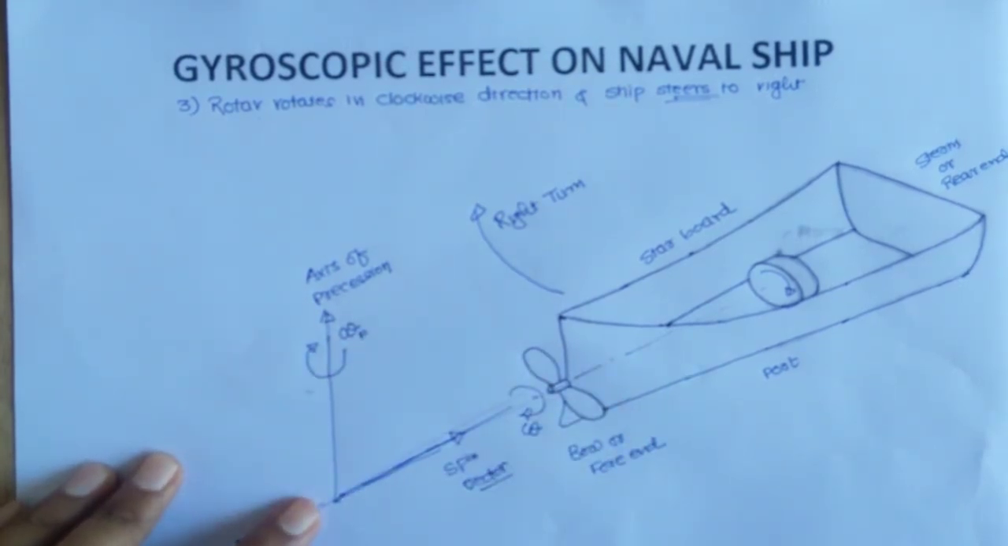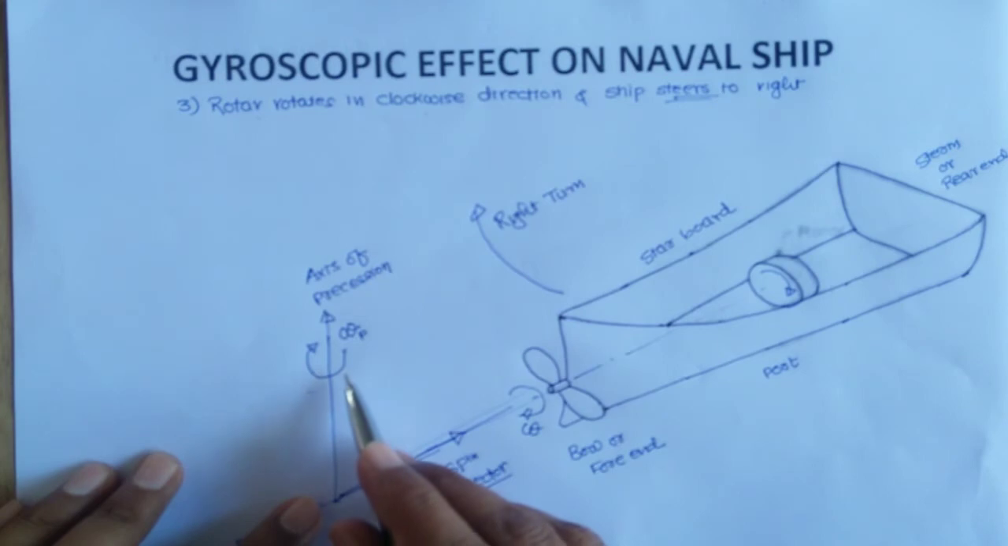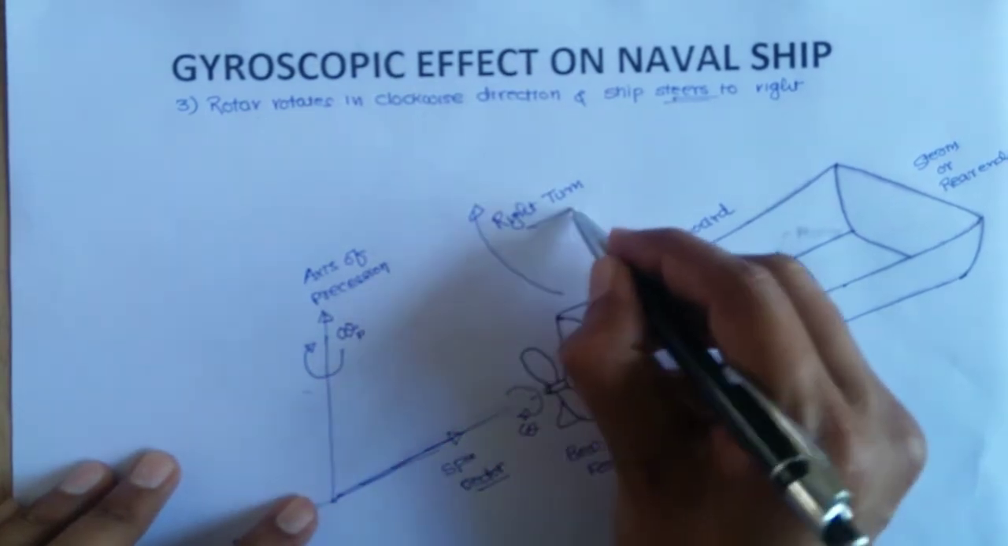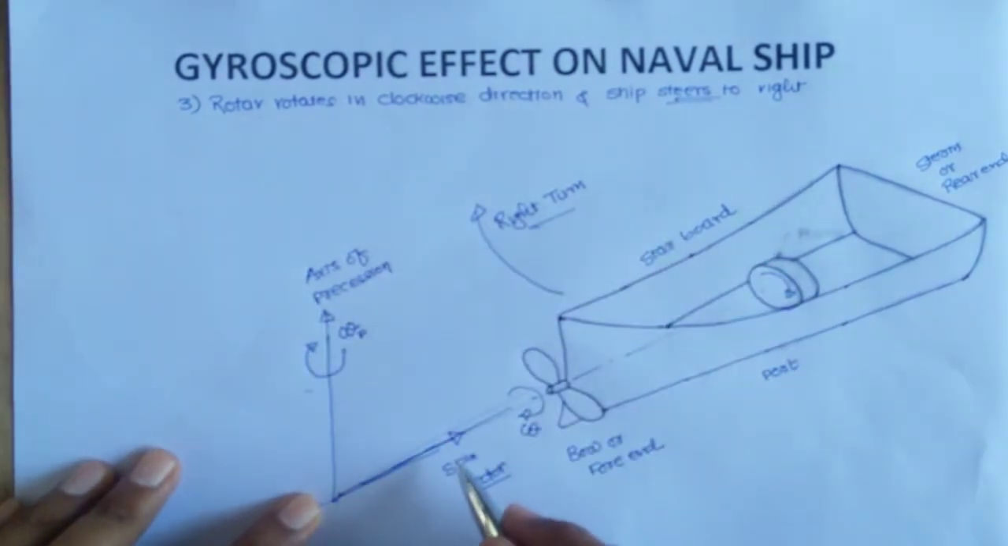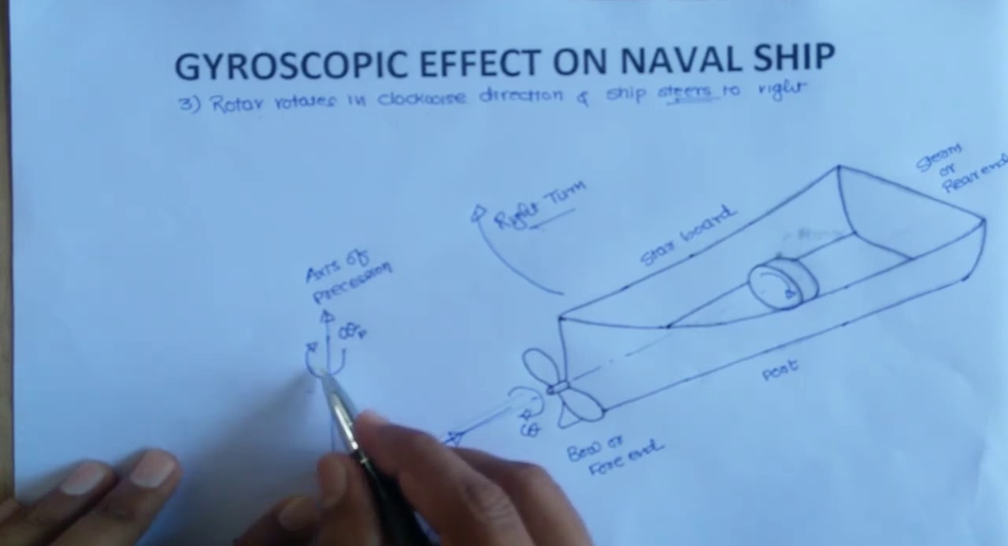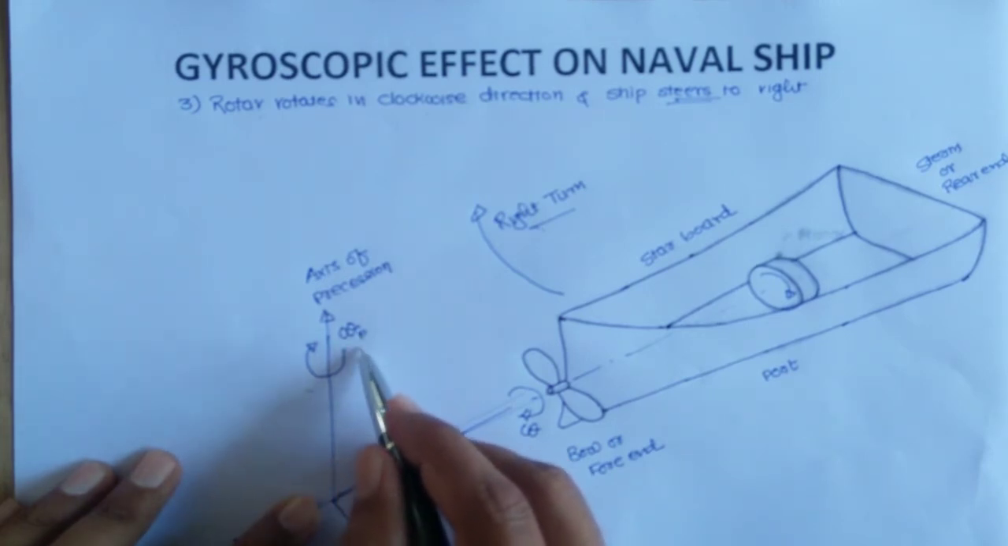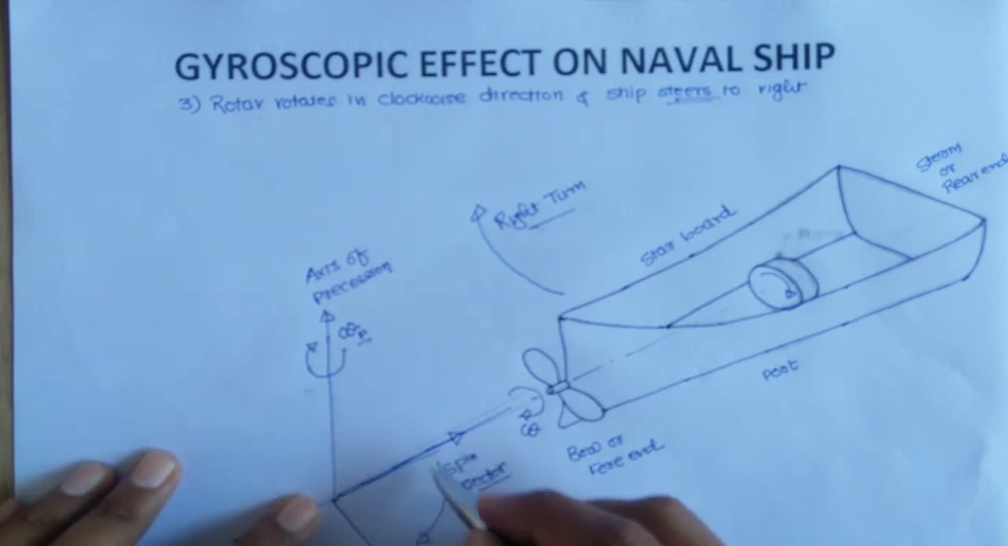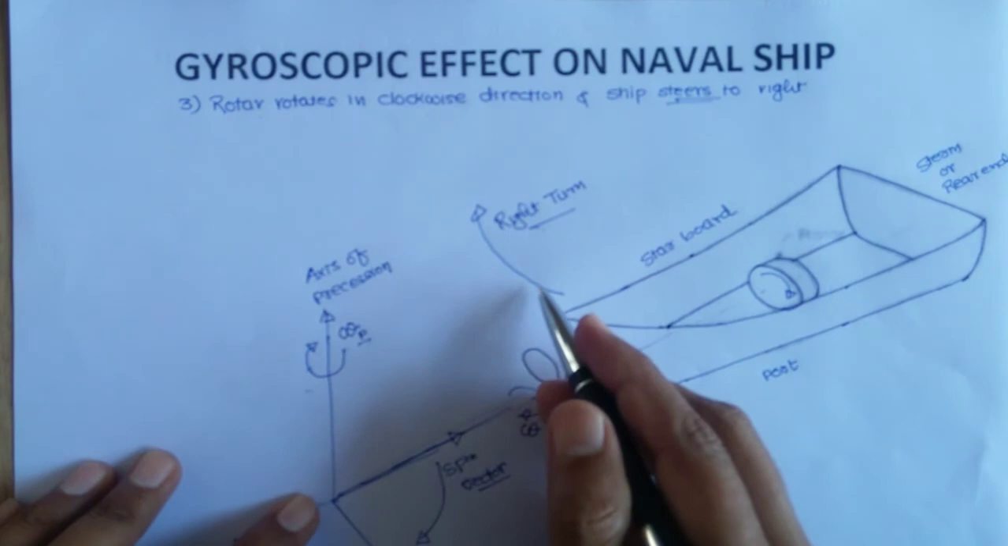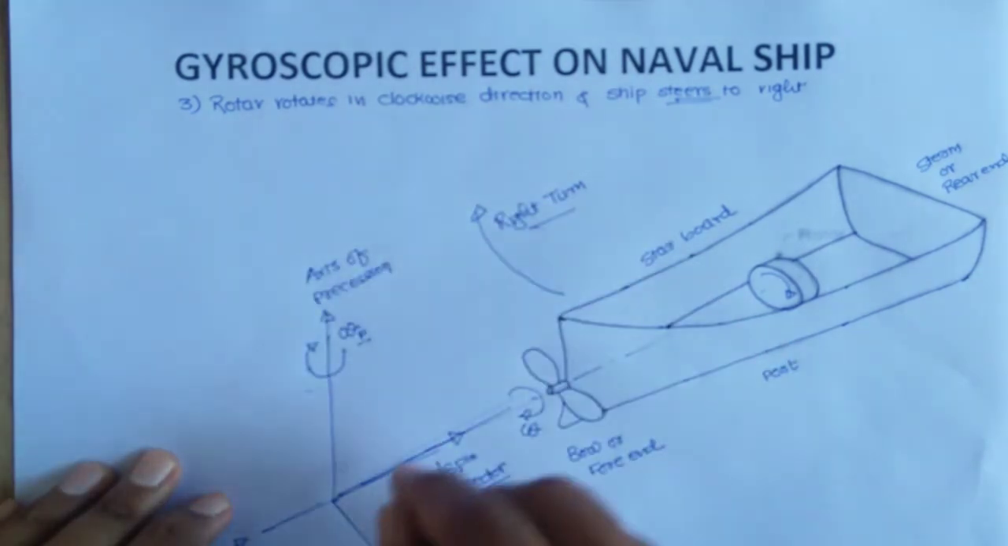Now again, our ship is taking a right turn, that's why we have to rotate the spin vector through 90 degrees in the direction of angular velocity of precession, in this direction. So if we rotate the spin vector in this direction, because our ship is taking a right turn,